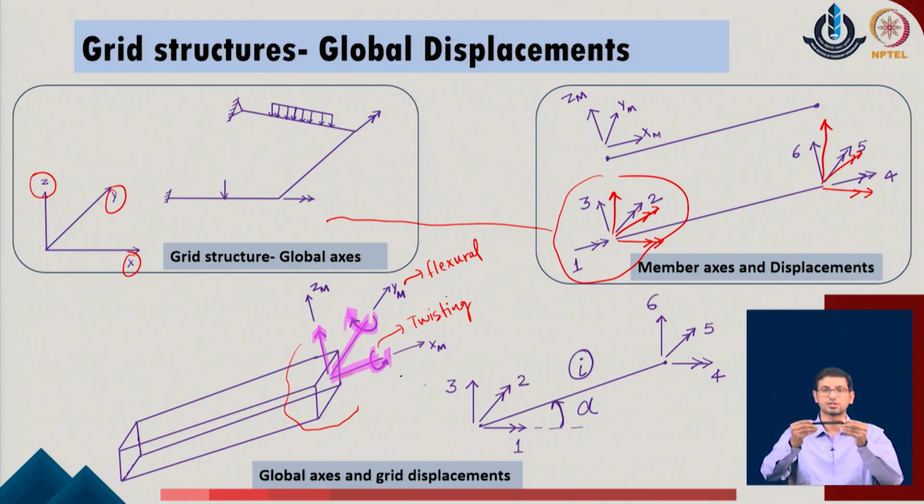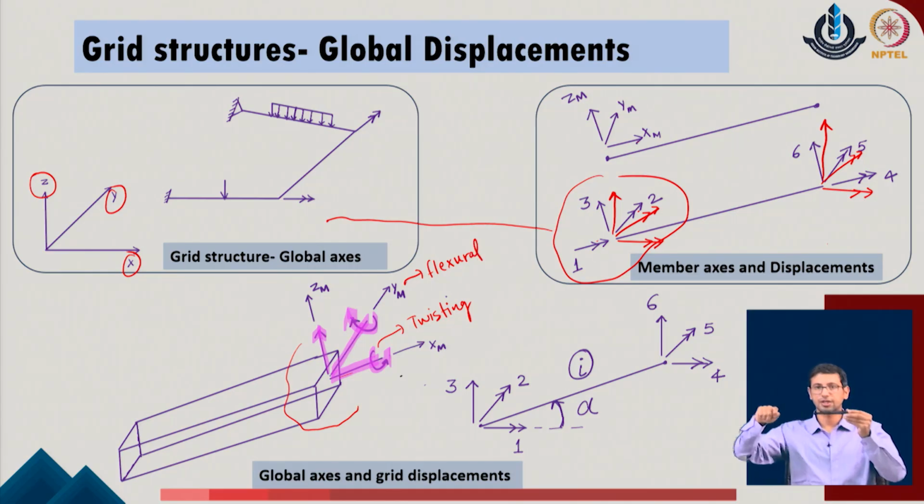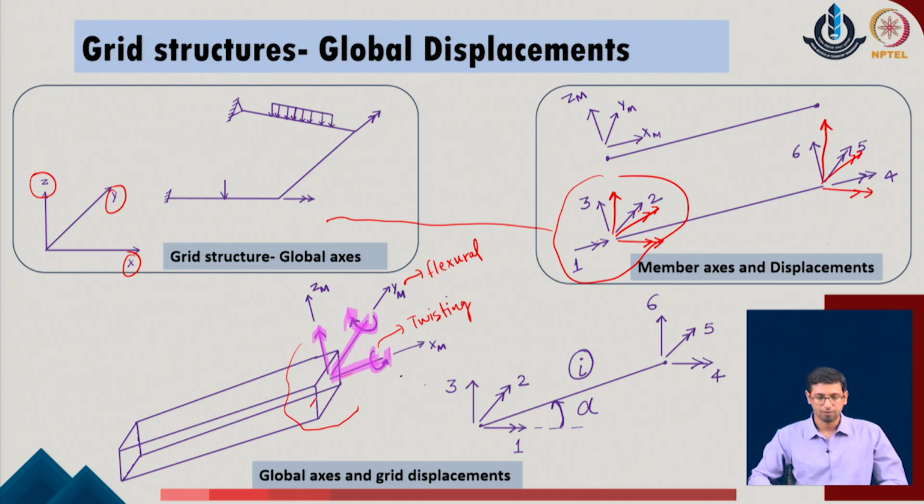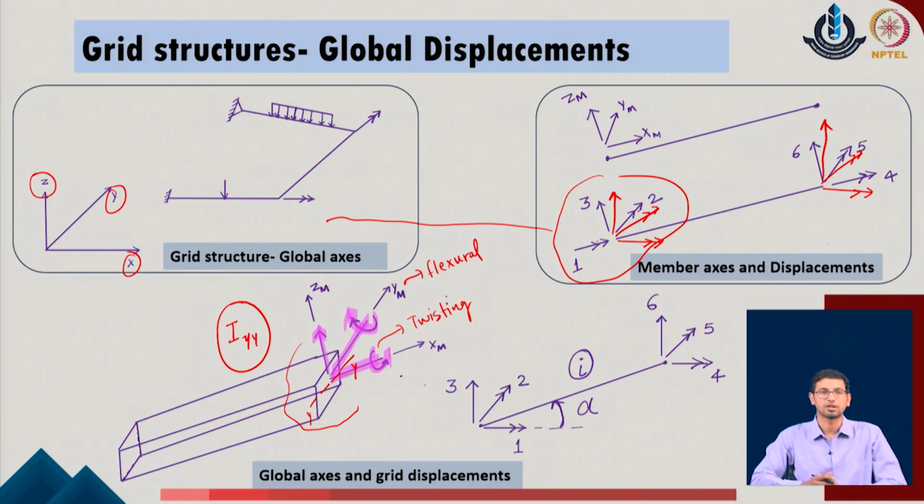So, one can consider that if this is the member of the grid, there is one moment in the direction x which is trying to twist the given member, whereas if this is the grid plane, there is a second moment which is now active with respect to this direction. What will it try to do? It will try to bend the given system. So, this is the second idea. When we locate the bending moment with respect to the given system, we are actually locating the second moment of area about the same axis about which we are defining the moment, and that is the axis y. So, the expression which we will define subsequently in the stiffness part will have the contribution of I of y to describe the second moment of area for the given system.